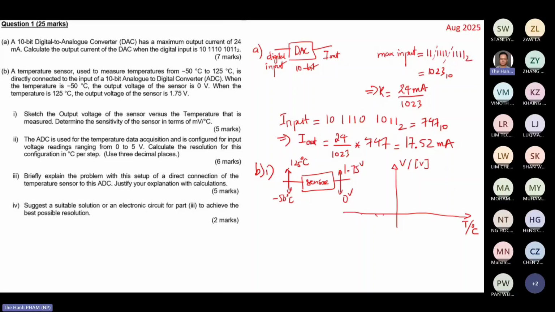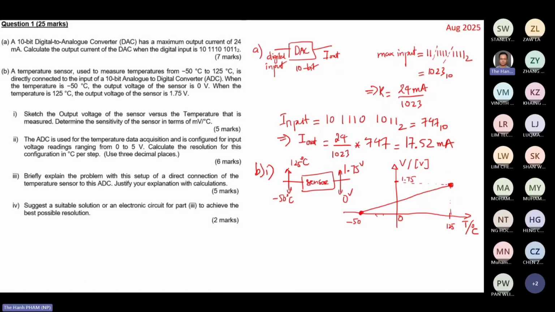And here you have minus 50, this one 125, and at this point you have 1.75. So this is a point, and this is a point, correct? 0. So this is the